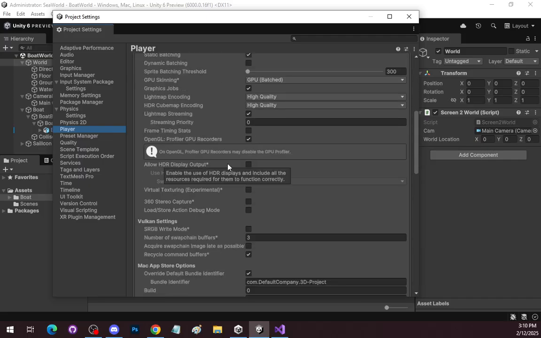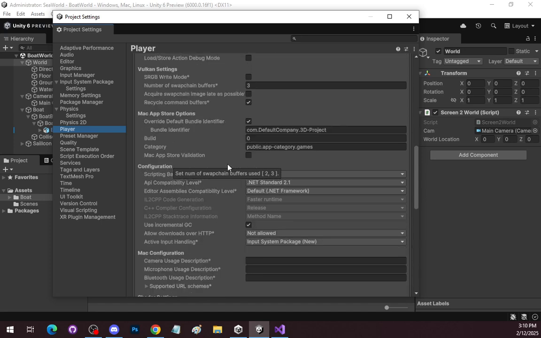Where is it? Configuration. Oh, okay. It's already set to just the input system package new. Okay, so